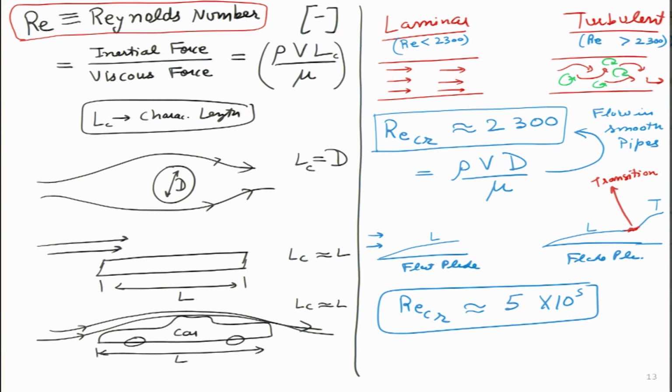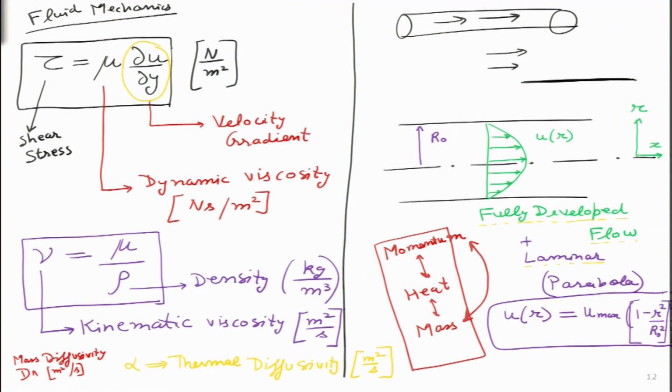If I were a student listening to this lecture, a question may come to my mind: sir, I wanted to look at the fundamentals of convection, but why are you going into details of fluid mechanics? The answer is that if you go back one slide, this is one of the most powerful relationships people have observed, that there is some sort of symmetry between momentum, heat and mass. So, in order to understand how heat transfer will take place inside a pipe where the flow is laminar, we have to study how the flow actually takes place inside that pipe, how the momentum exchange takes place.